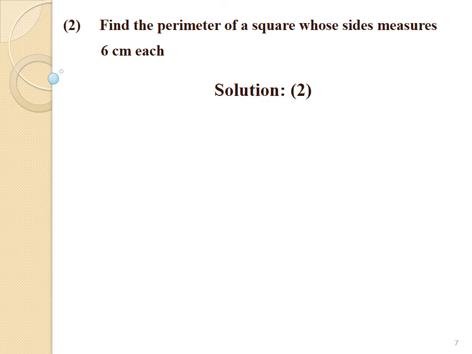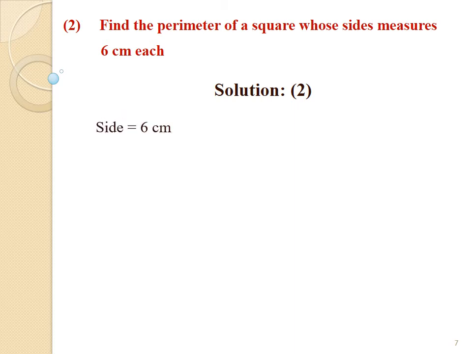Now, sum 2. Find the perimeter of a square whose side measures 6 centimeters each. Students, in this sum, we have to find out the perimeter of a square, and we have been given the side of a square. So, let us find out the perimeter of a square using formula. First of all, writing its side given to us. Side is given 6